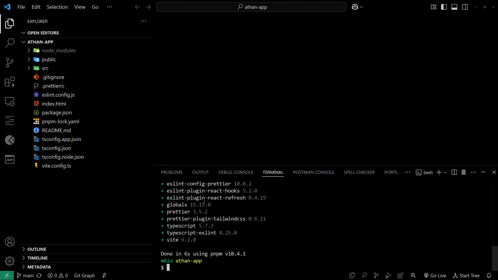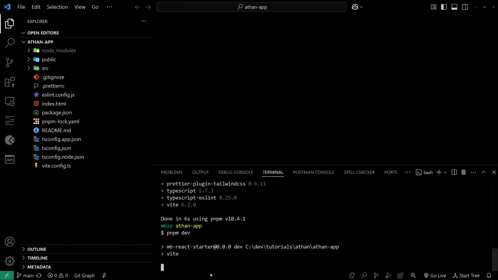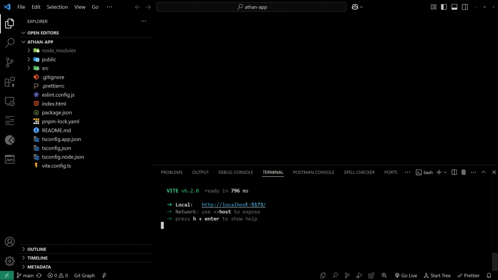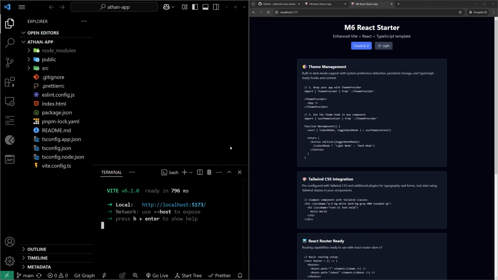And now we can run pnpm dev, or if you're on npm, it'll be npm run dev. And then if it's yarn, it'll be yarn dev. So there we go. And that should open it up on 5173. And there we go. So first thing we want to do is we actually want to remove a lot of